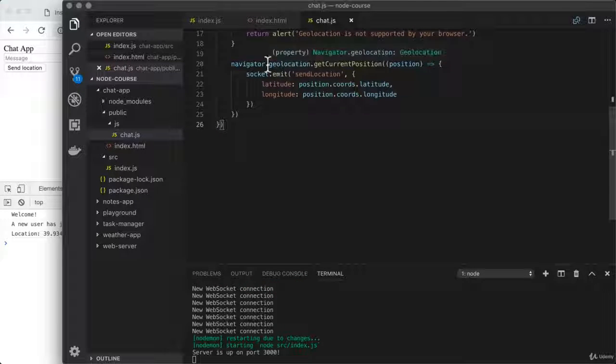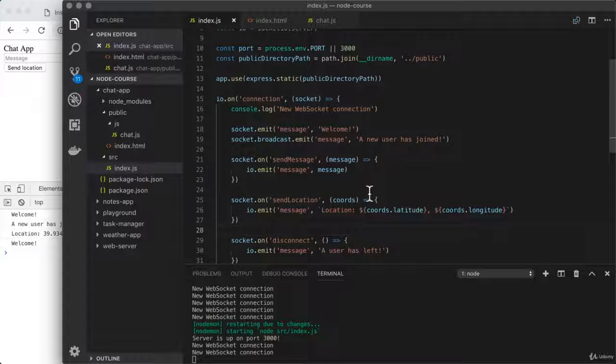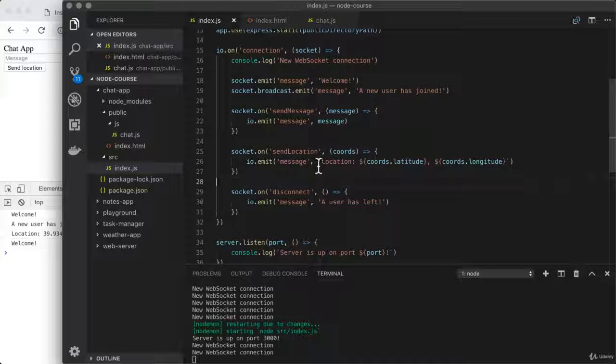I'll save the file, and in index.js, we're going to change the string we're sending back. Now right here, we do still want the latitude followed by the longitude, so we can keep that in place. What I'm going to do though is remove this space. From there, what we're going to do is change what's up front. We'll remove Location: space, and this is where we'll put the rest of the URL. So once again, https://